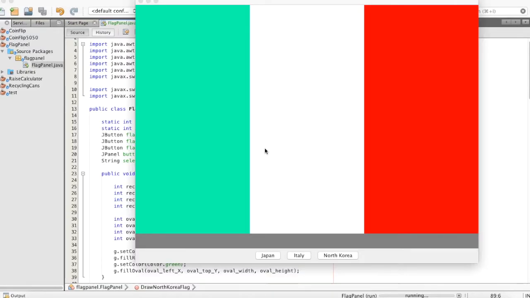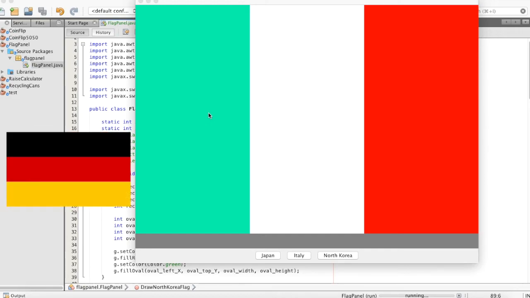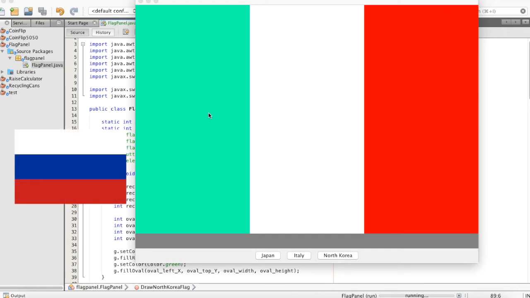So remember, your assignment is to create 3 new flags. They can't be Japan, they can't be Italy, and they can't be North Korea. But I've given you these 3 examples to show you how to use the different drawing methods. So now that we know how to draw Italy's flag, it should be very easy to create France's flag or Belgium's flag. And it shouldn't even be too hard to create Germany's flag or Russia's flag, because you just change the rectangles so that instead of being vertical, they're going horizontal across the flag,